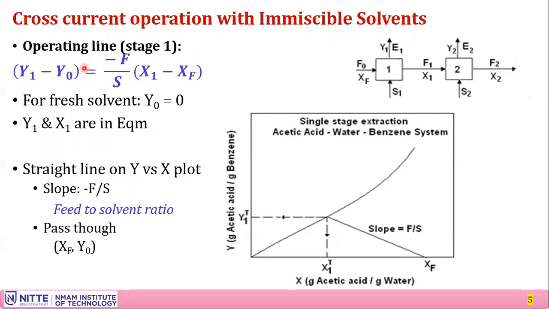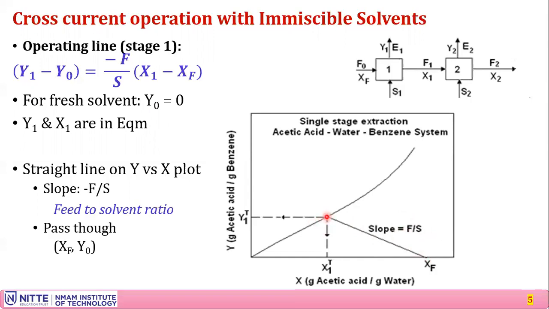Now if you look at this particular equation, it should pass through xf comma y naught. If y naught is 0, that is xf comma 0, where xf is nothing but the feed concentration, usually known to us as the initial concentration of the solute in the feed. So y is 0 here, on this horizontal line, and this is xf here. From this point you have to draw one line in such a way that the slope is minus f by s. It's a negative slope, negative f by s,